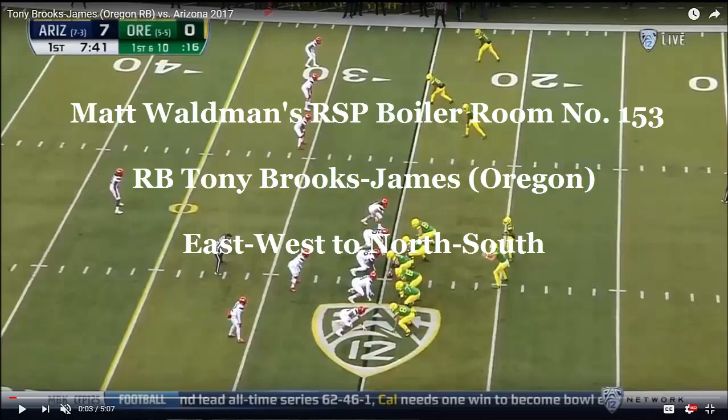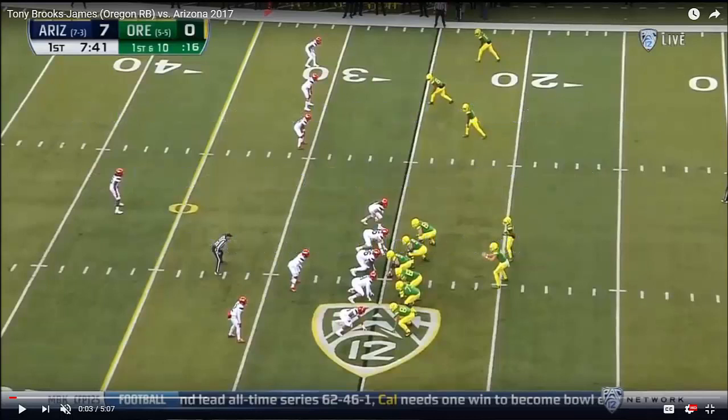I'm Matt Waldman with the Rookie Scouting Portfolio, and we're going to take a look at scatback Tony Brooks-James out of Oregon. He's about 5'9", 185, at least that's his listed weight. We'll see if he's even that big. Doesn't matter how big he is when we're going to be evaluating what he does, because this applies to every